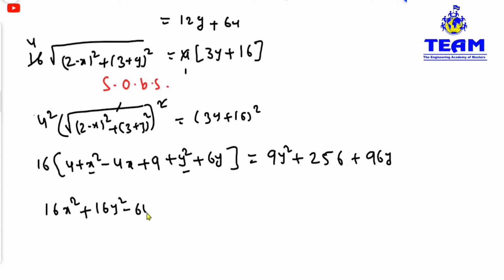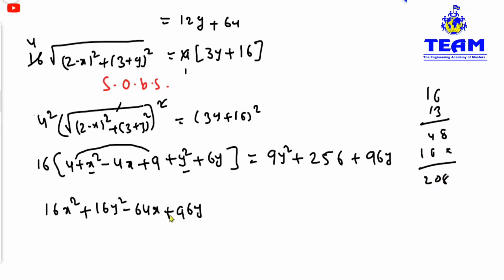Sorry, 16 fours are 64x. Next here you have a 6y, so you will get a 96y, and this is 9 fours are 13. Okay friends, then you will have 13, 16 times of 13, which is 208. So add 208. Now all the terms you take to the left side, then you will have minus 9y square minus 256 minus 96y